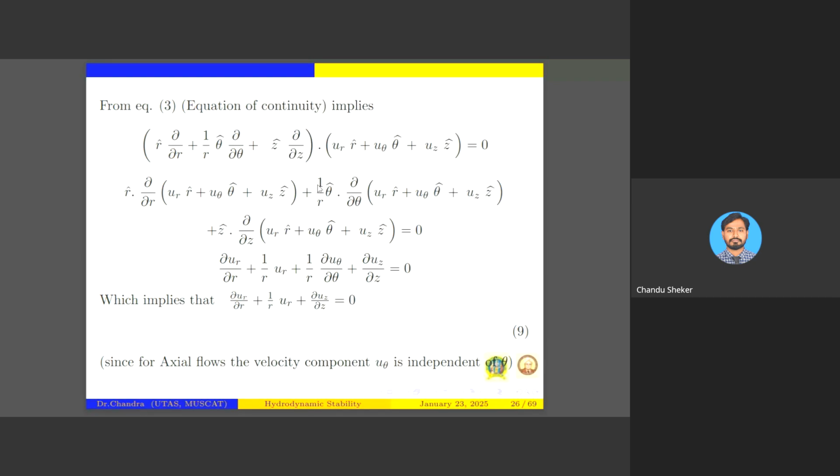Previously we had three terms, and now we have this one with four. Okay, now